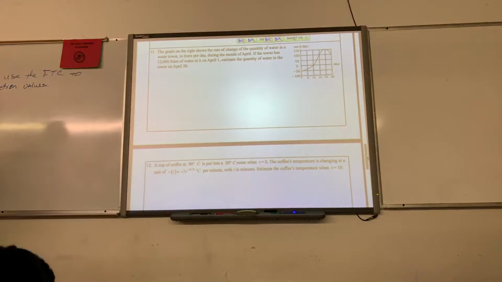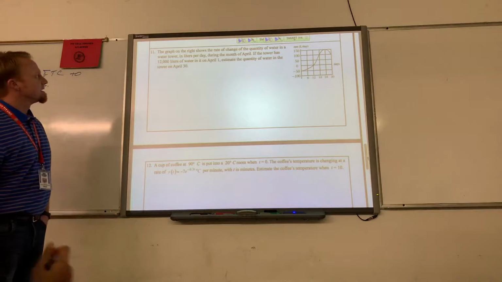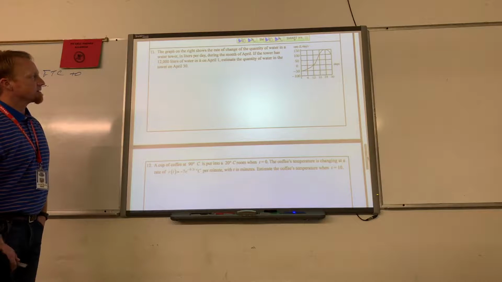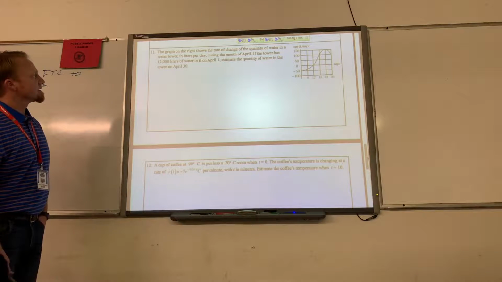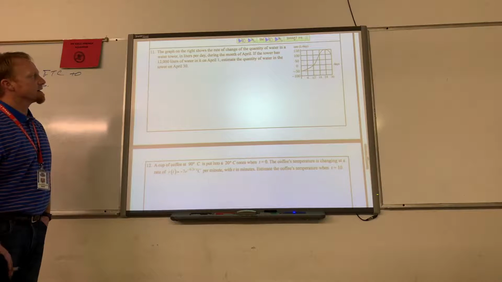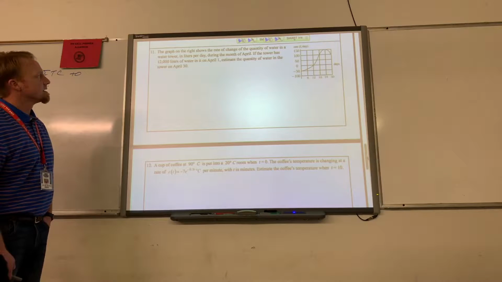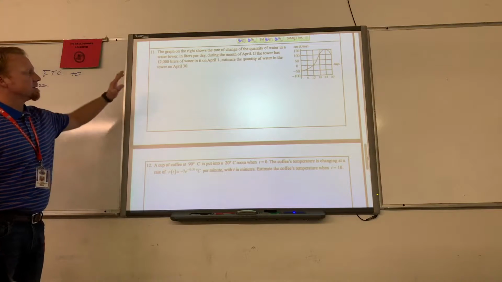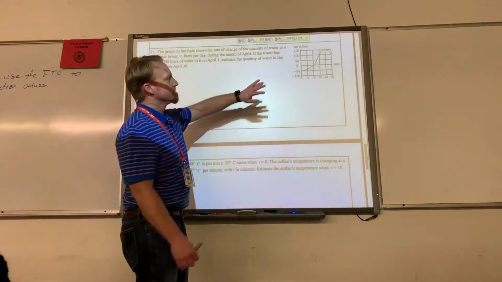The graph on the right shows the rate of change of the quantity of water in a water tower in liters per day during the month of April. If the tower has 12,000 liters of water in it on April 1, estimate the quantity of water in the tower on April 30th. Okay, so